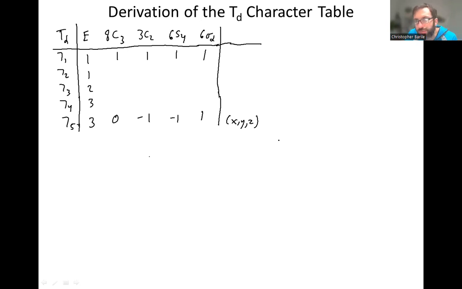And what we're going to do is some tricks to take care of gamma 2, gamma 3, and gamma 4 using some other rules of the character table. The rule we're going to take advantage of is the orthogonality rule. We know that for character tables that are well behaved, that is, they don't have complex numbers, whenever you have a dimensionality of 1 here, you're going to have ones or negative ones across the board. And this is a well-behaved character table, meaning we didn't have any imaginary characters,